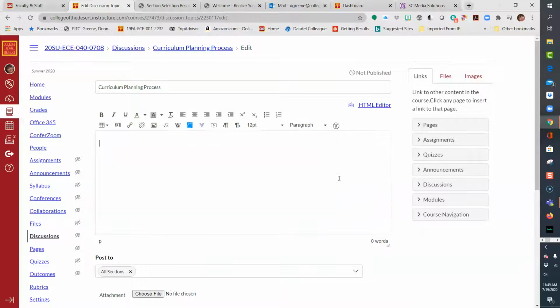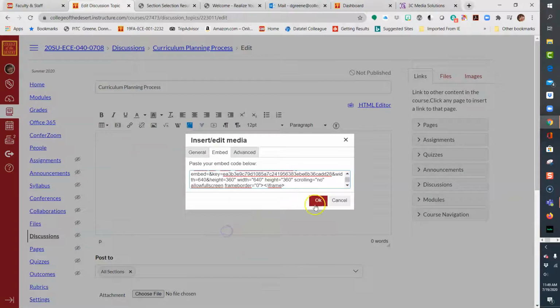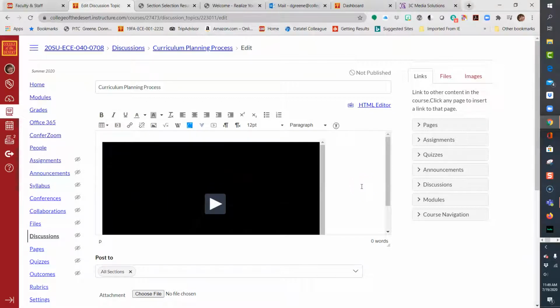But let's say I also can insert edit media, and I can go over here to the embed code, paste it, and click OK, and there it is. There's no advantage to doing it either way. This is the default, right? You can switch over and use the HTML editor, or you can use this insert edit media. In either case, there's my video,